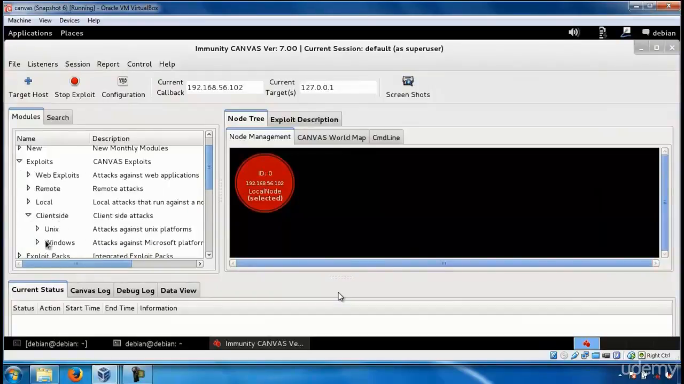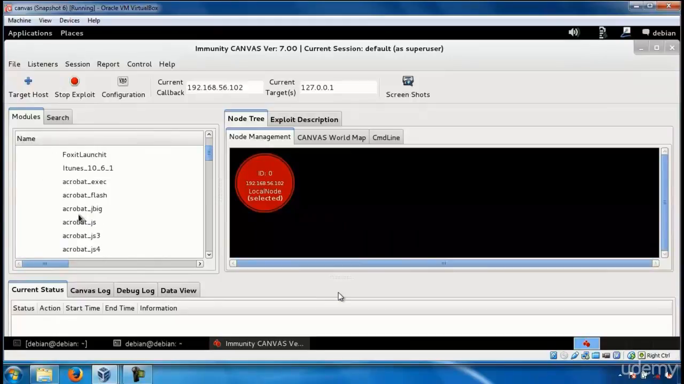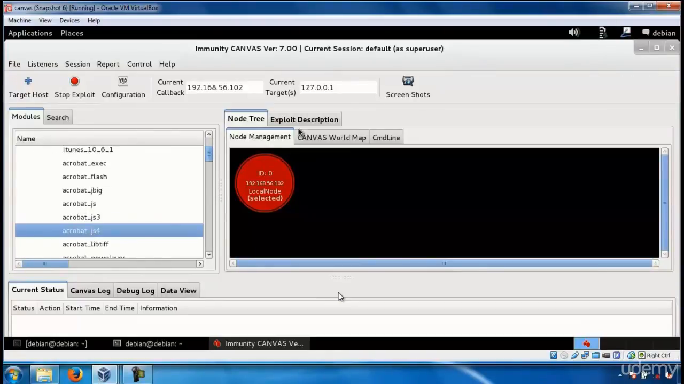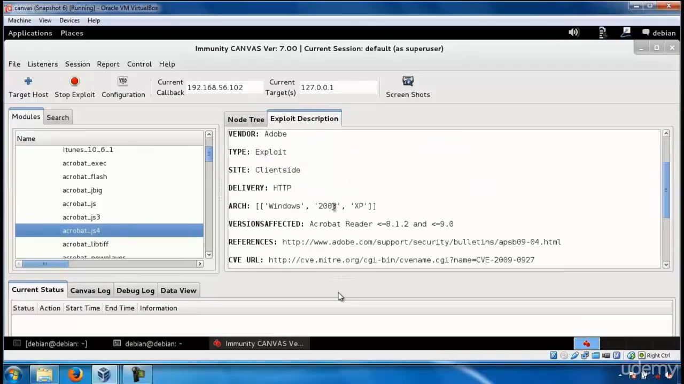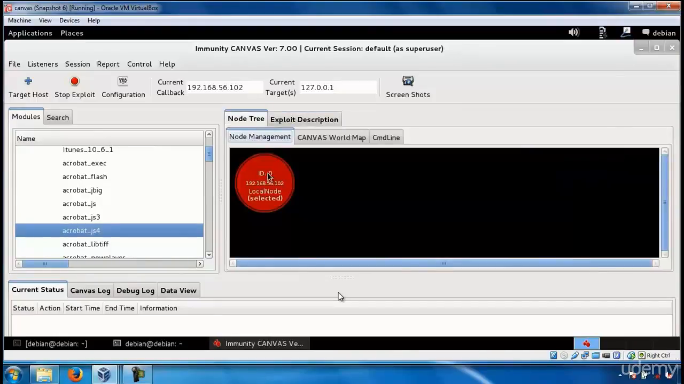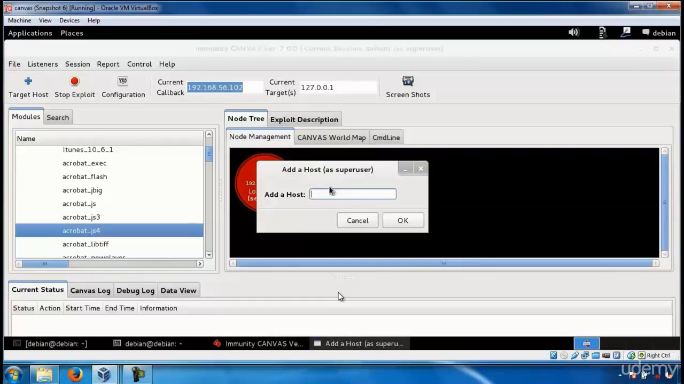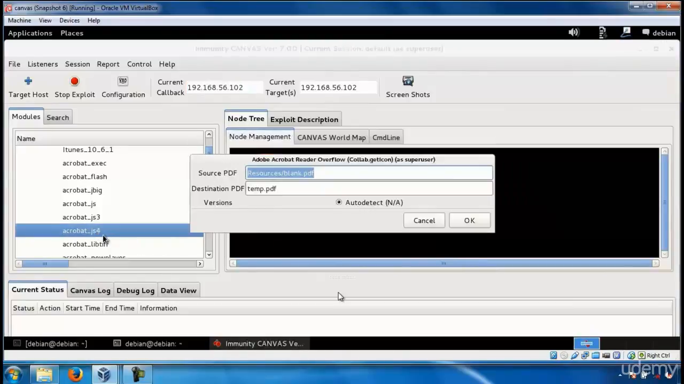and you can see we're going to use a client-side attack. We're going to Windows, and we're going to be using one of the Acrobat exploits, which is a PDF exploit, and you can see the versions affected is these versions given over here. So we're going to set the current target as our own IP address because that's what we're going to be using for the callback. So let's just open this up,